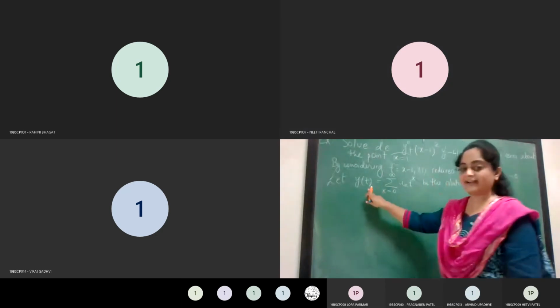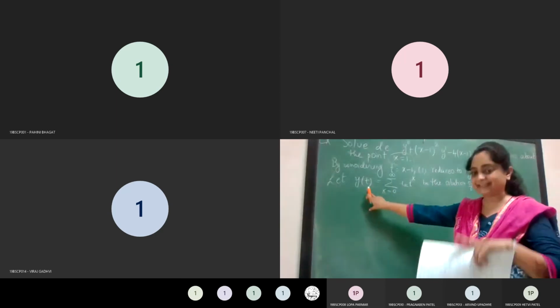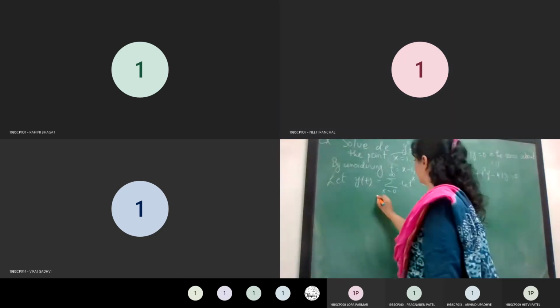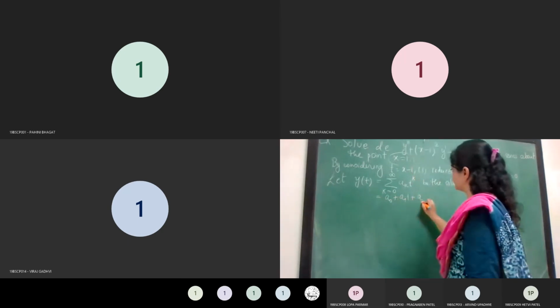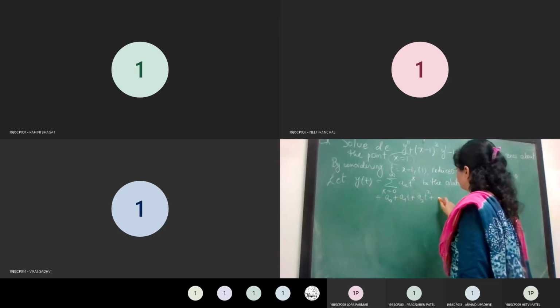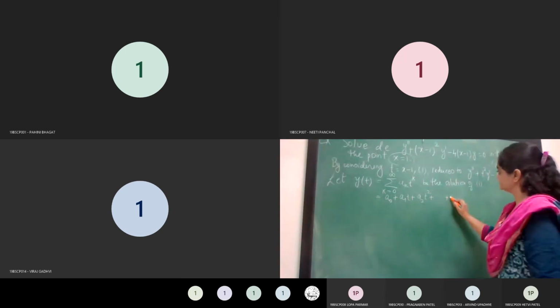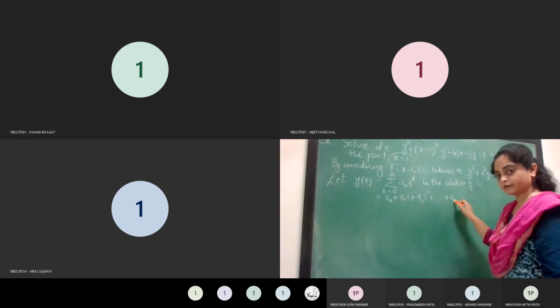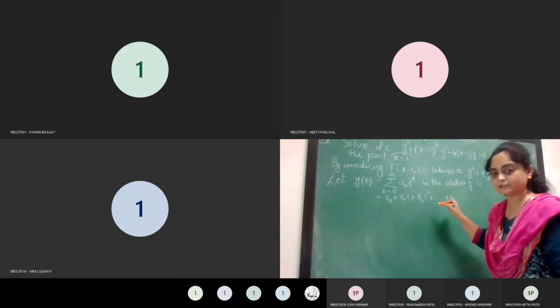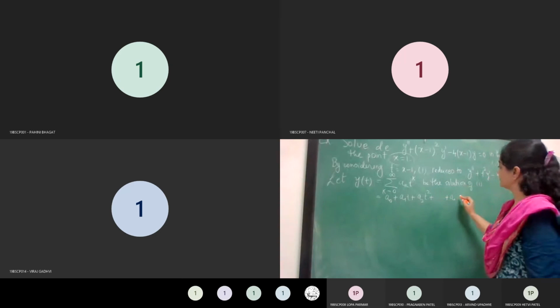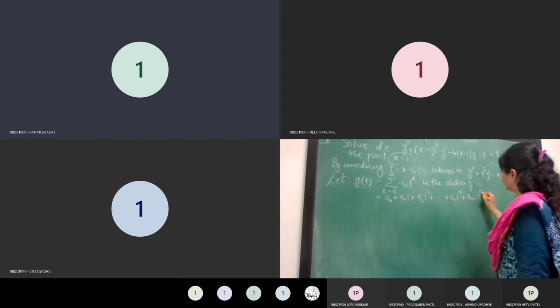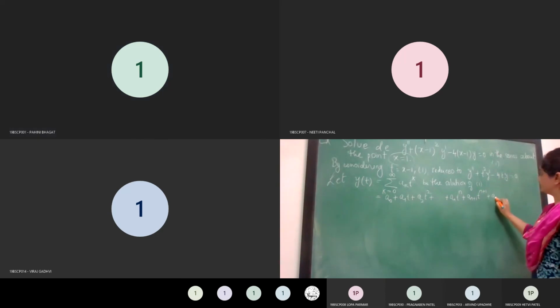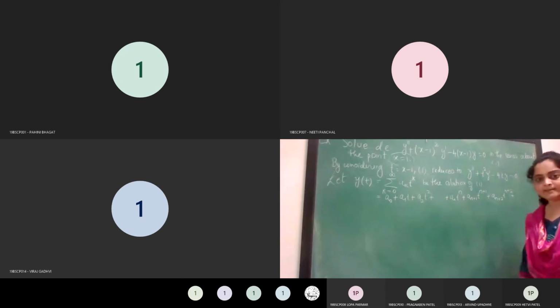So here y dash means it is a derivative with respect to variable t now, right? So y dash will be what? If you expand this one, it is a0 plus a1 t plus a2 t square plus up to plus the nth term. I am writing the nth term because I am going to compare the coefficients of t raised to n to get the recurrence relation. So a_n t raised to n, plus the next term a_(n+1) t raised to n plus 1, plus a_(n+2) t raised to n plus 2, plus.